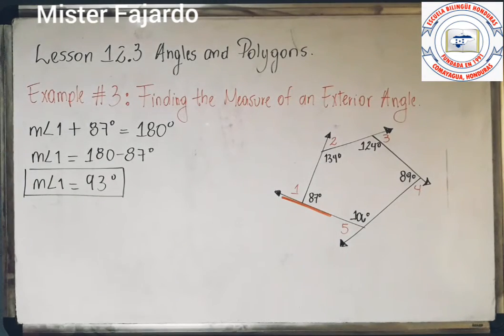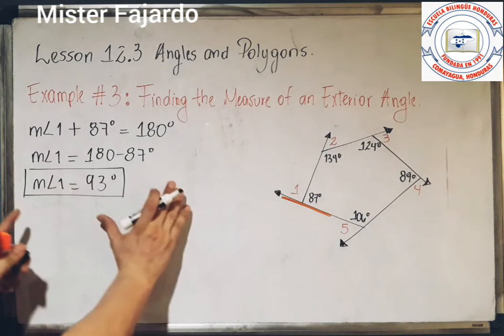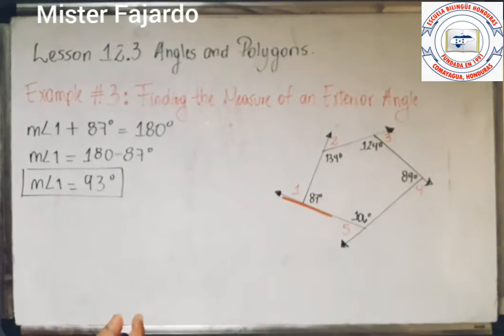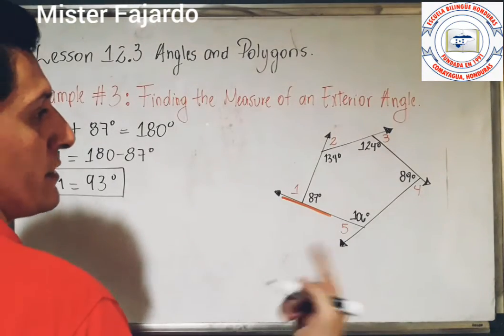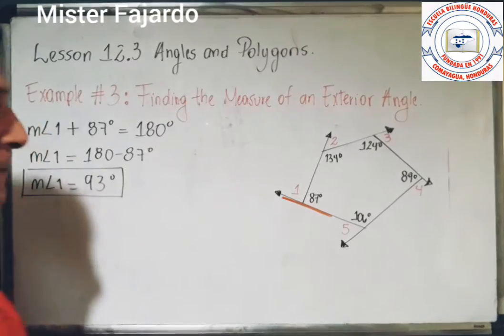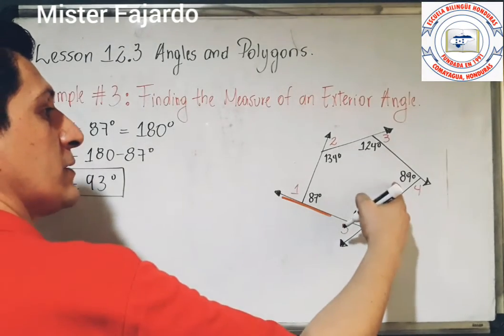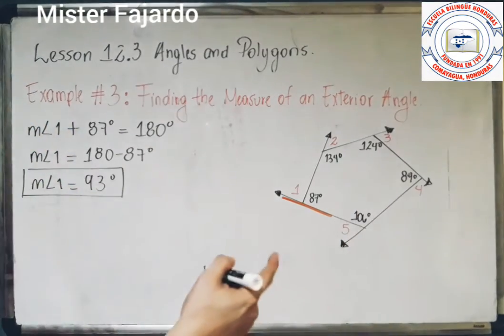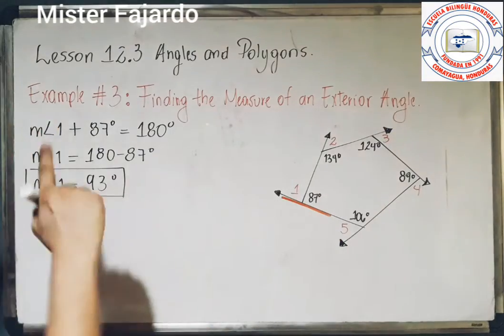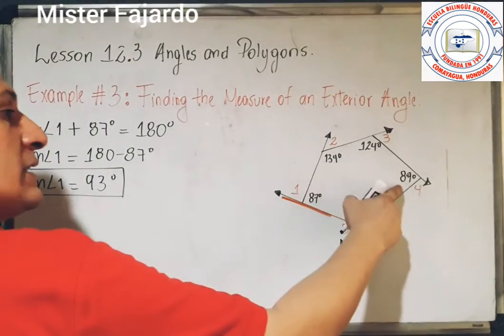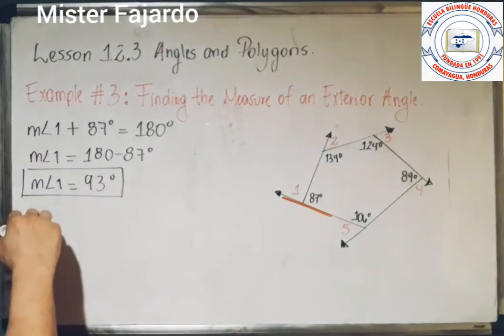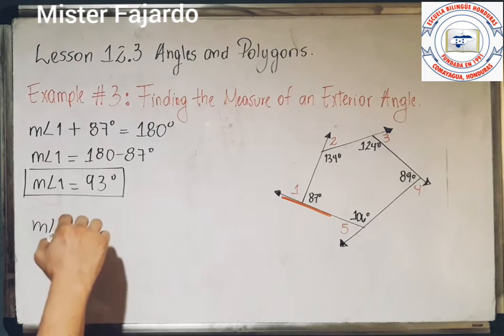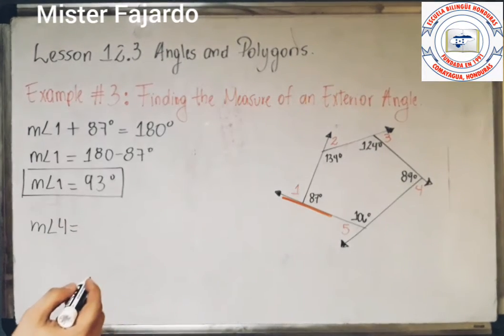And it's really easy to find the measure. I can try to find another measure. It's going to be really easy to do it. Also, you don't need to do all this process right now. It's just to show you the way that you need to do it. But for example, if I want to find the measure of the angle 4, okay? Angle 4 is going to be, in this case, 89 is the other angle. Means that you are going to have 180 minus 89. You are going to have the measure of the angle number 4, in this case, is going to be equal to,